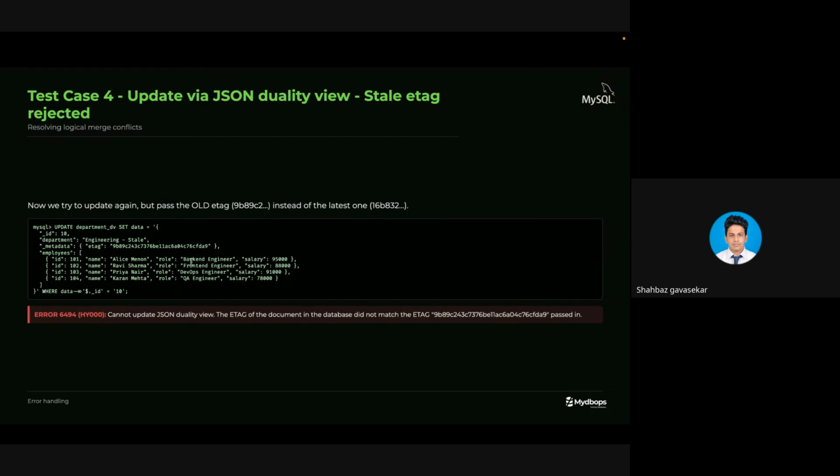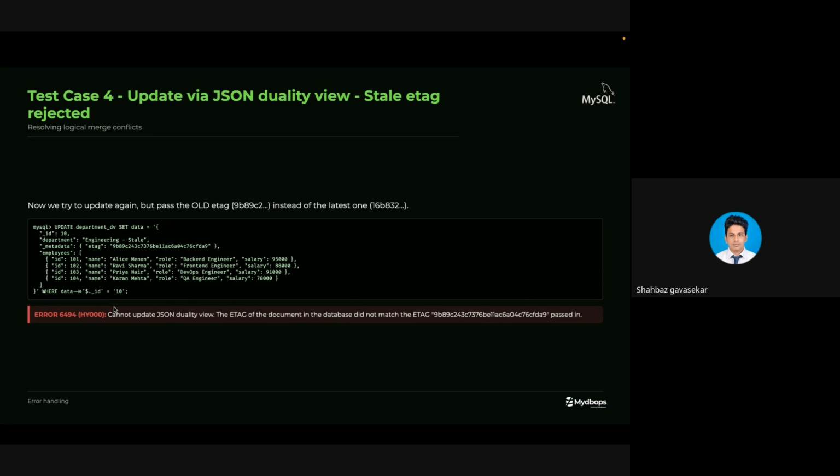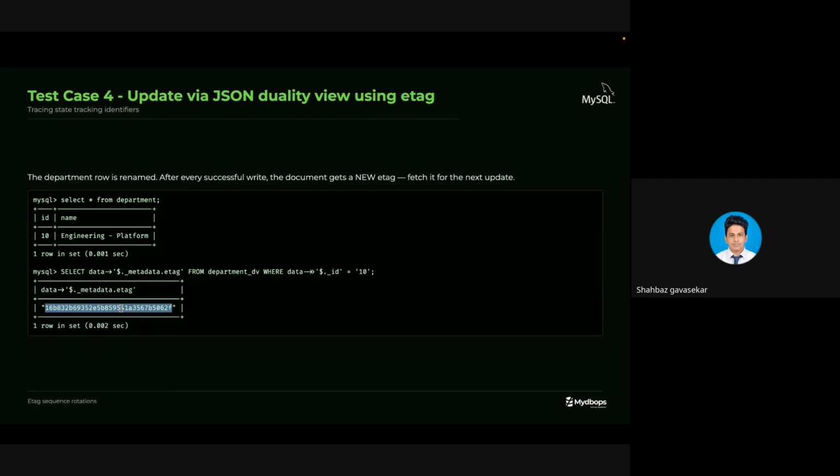Now let us see another test case where we pass the stale E tag in the upcoming update. So again, we are updating the data. Basically here we are changing the department from engineering platform to engineering stale with passing a stale E tag. This is the stale E tag because the latest E tag which we fetched is this. Okay, so if you see in the update, we are not passing the latest E tag, but we are passing